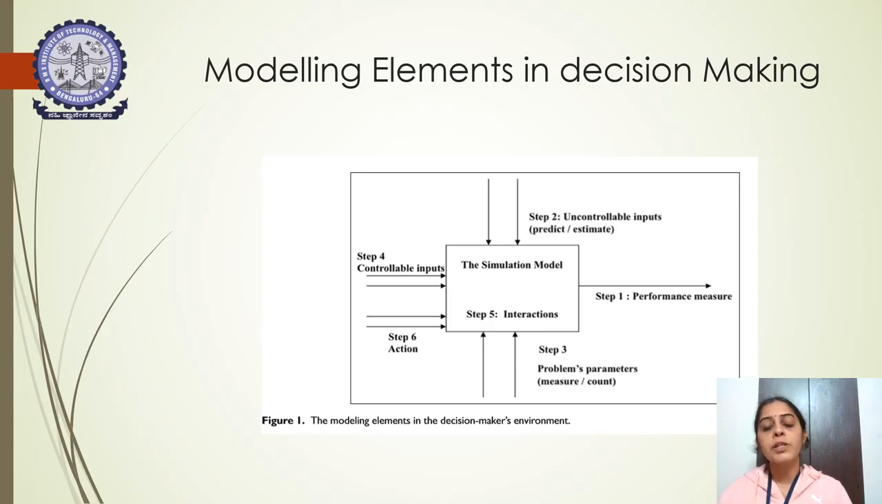So no measure or count of the controllable inputs is needed. So once you gather the controllable inputs and uncontrollable inputs and you have measured the problem level, it is the stage now where you do the interaction. So by the mathematical and simulation model, you check the interactions and see, vice versa, whether the problem